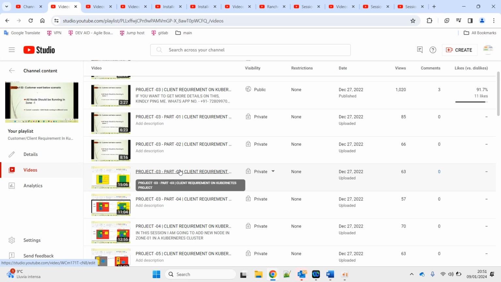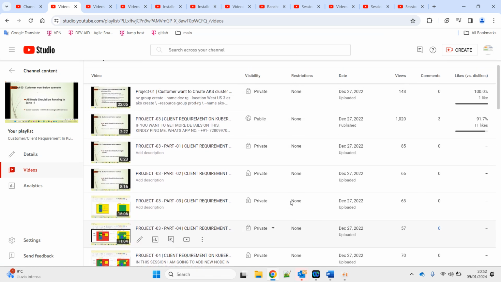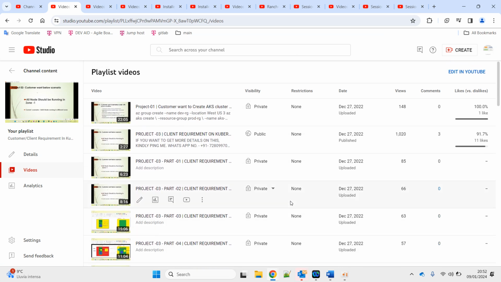Sometimes they ask, like you have a three-node cluster and no new pod should be scheduled on node 1. So how do we achieve this? In the same way, you have to schedule the pod onto a particular worker node. So how do we achieve this? Based on that, I have created those sessions in this series: around 24 sessions on customer requirements, 20 sessions on live troubleshooting, and 25 sessions on basic to advanced topics. So that once you complete all the series,